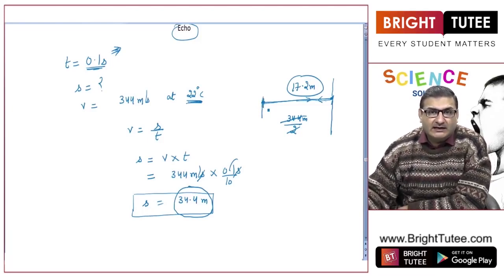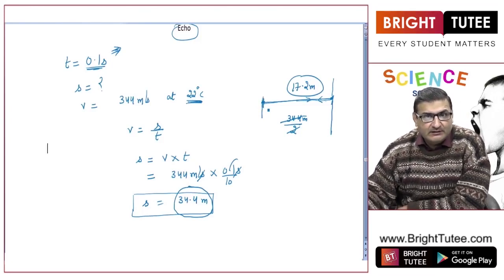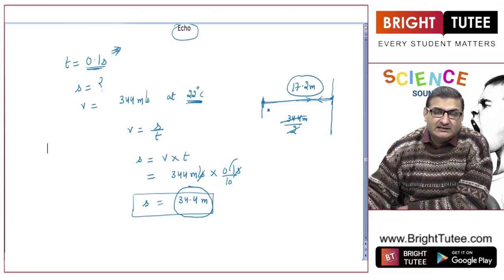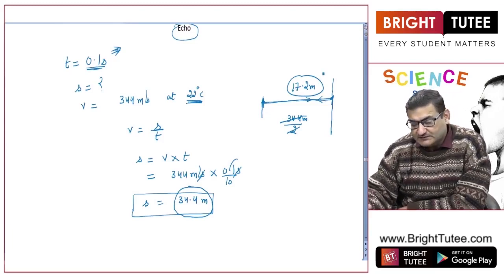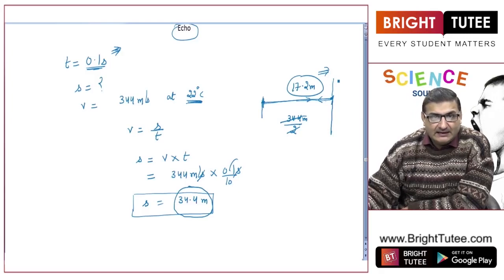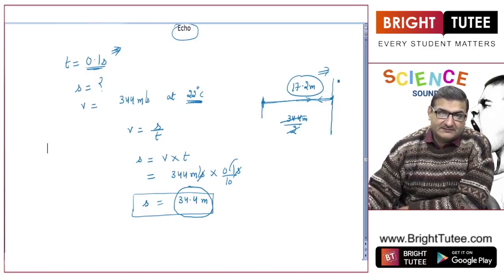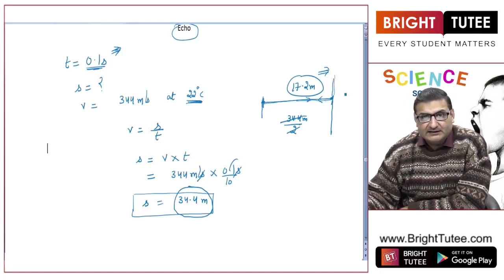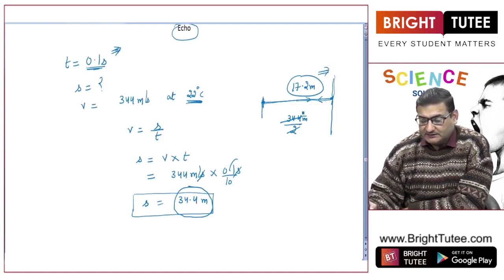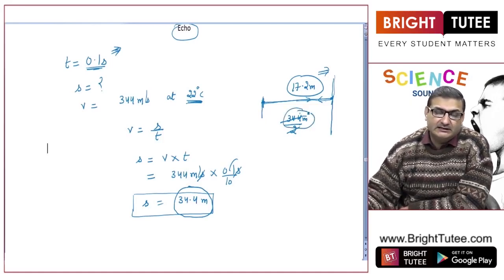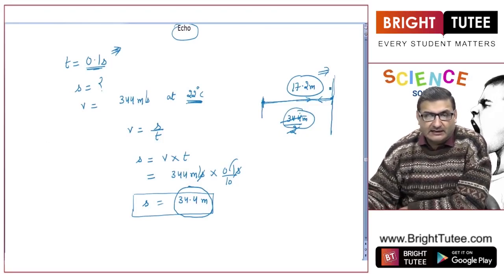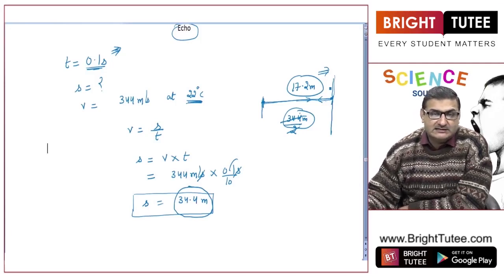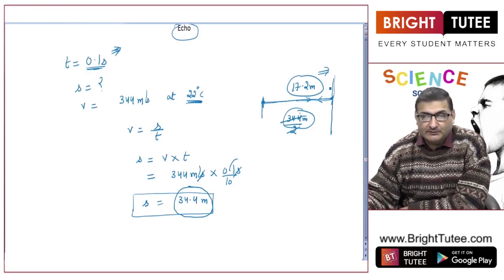So, to understand it better, now let us relate it in normal terms, that a distance of 17.2 meter is required if I am producing a sound and the sound wave is going to a distance of 17.2 meters, and in between there is no reflecting surface. After that, it will reflect with any particular object, and when it comes back travelling a total distance of 34.4 meter, I will hear the echo. So, this is the minimum distance required one way. The total distance required for an echo to be produced is 34.4 meter. You need to remember it.